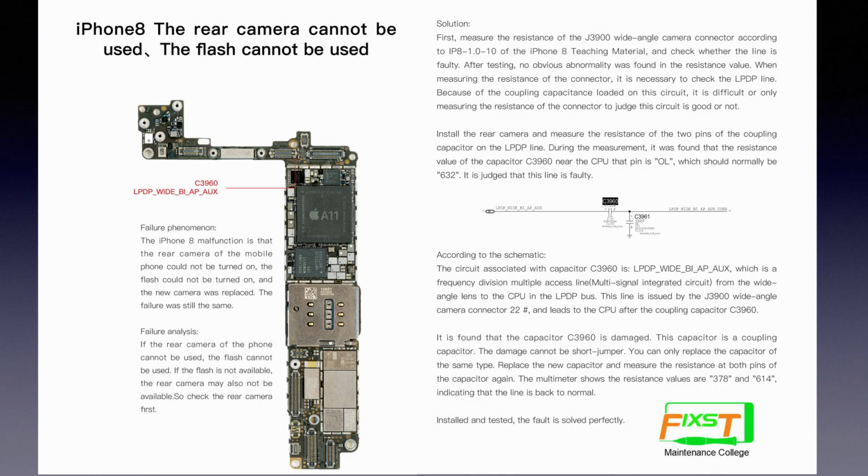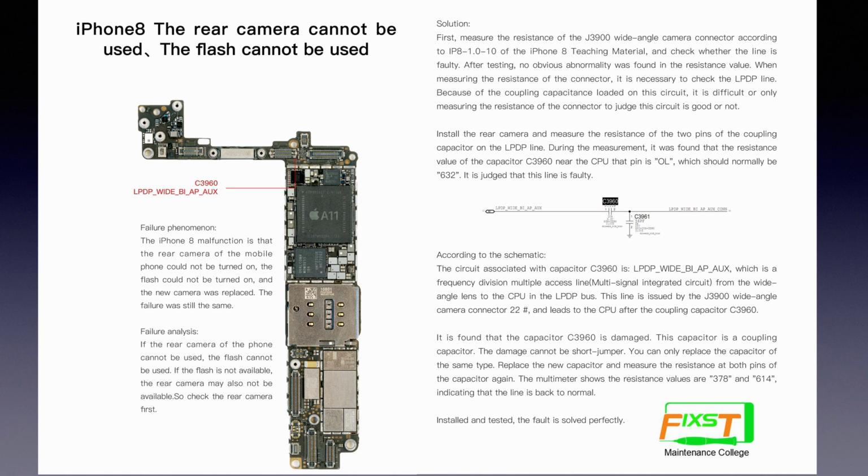During our testing, it was found that the resistance of the capacitor C3960, which is near the CPU, is OL on that pin, which should normally be 632. It means that this line has some problem. And according to the schematic, we can find out this line is a differential signal line from the back camera to the CPU in the LPDP lines. This line is issued by the J3900, the back camera connector, the 22 pin. It links to the CPU after the coupling capacitor